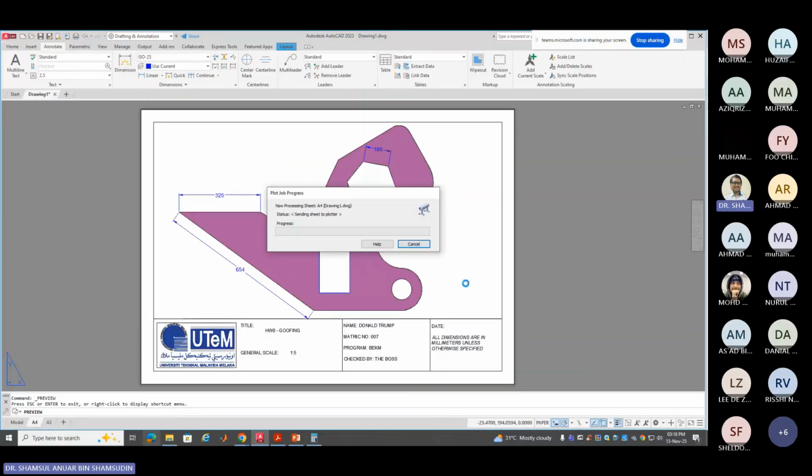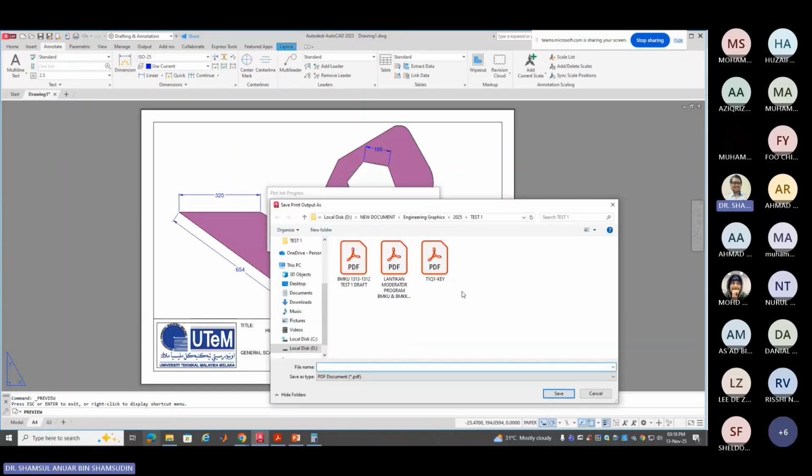So plotting, this one is using a PDF plotter or printer. So we are just getting a PDF. If you want to really plot to a plotter or a physical printer, you have to choose that. So if I